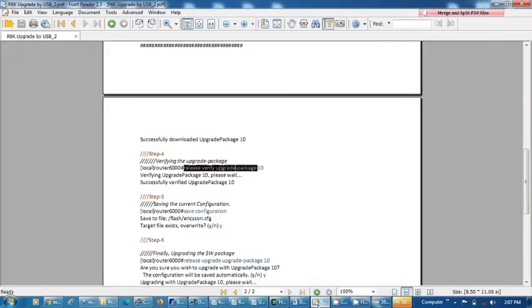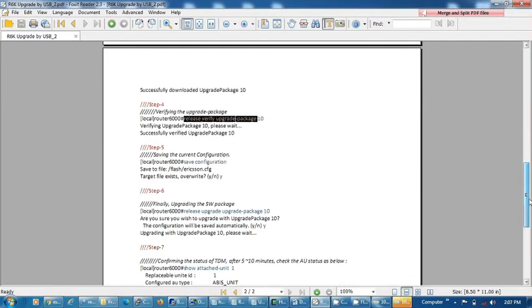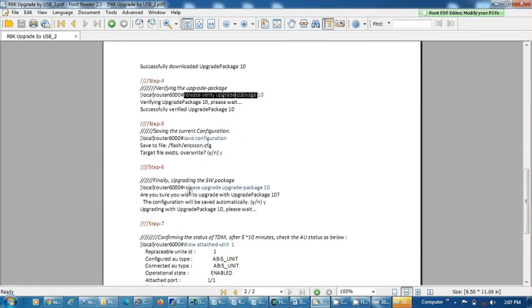So our next step is now to upgrade this package, the package which we downloaded. Now we are going to upgrade this package.